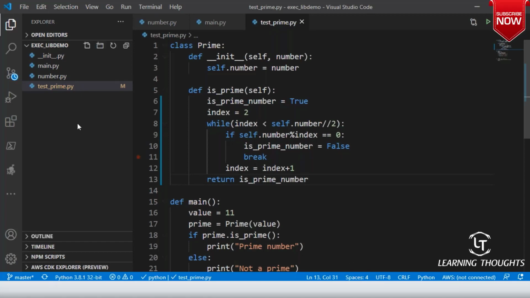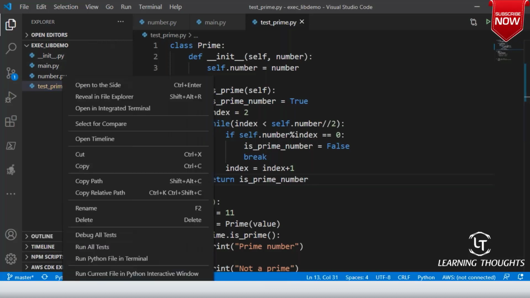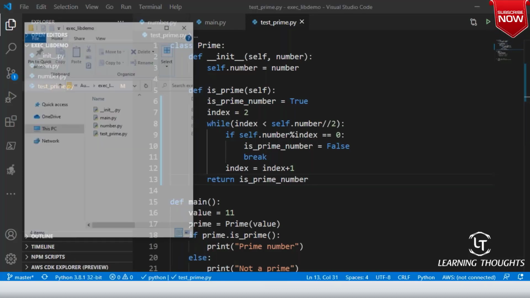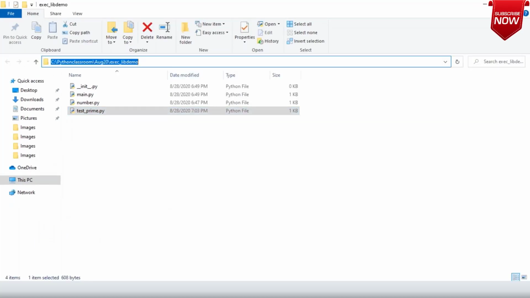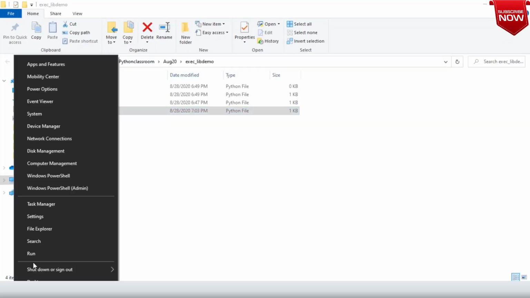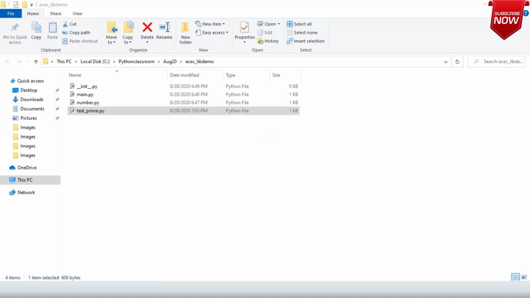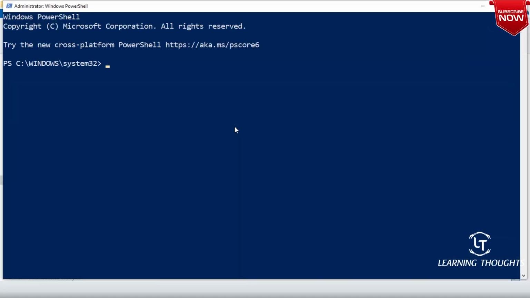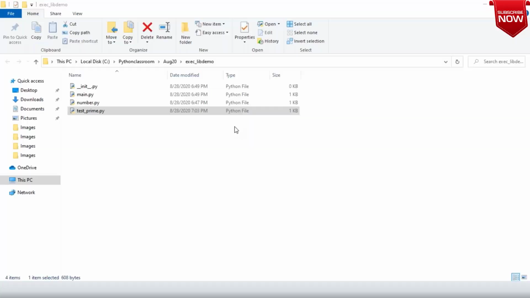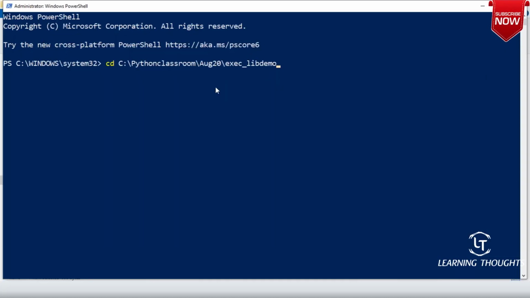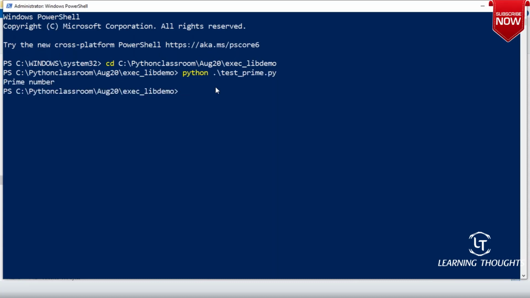Now if I want to execute this Python code, how do I do that? Let me navigate to the folder, open this in PowerShell, and run python test_prime.py. It is showing a prime number, since we have passed the value of 11.